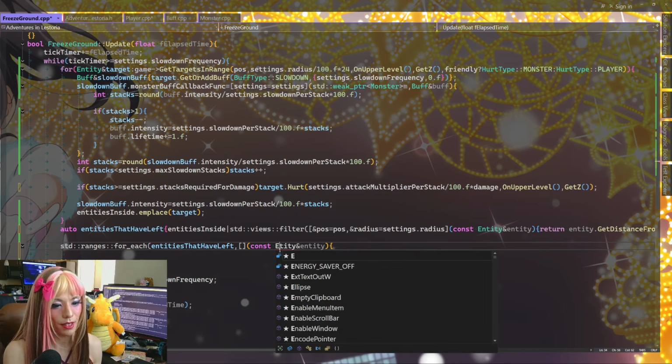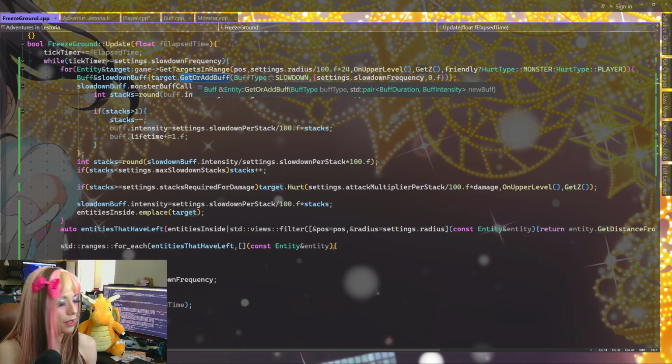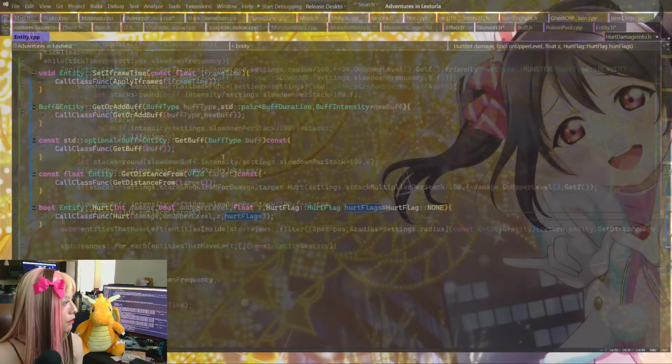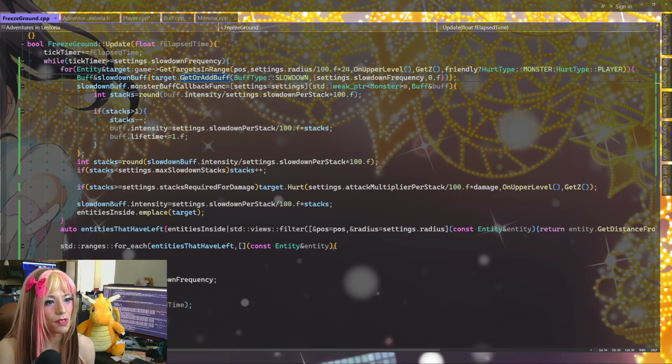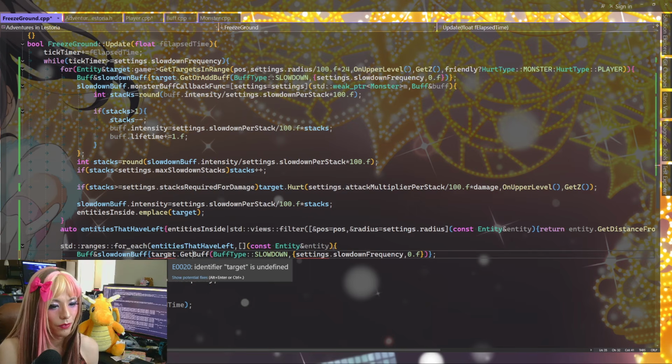So we have to add a connector function for removing a buff, because we're going to use get buff, but if we need to modify it, we might potentially be removing it. I guess we would also be removing it just by setting its lifetime to 0, so we might not need anything else. So we're gonna do buff, slowdown buff is get buff, target, its entity, get buff, but since it's